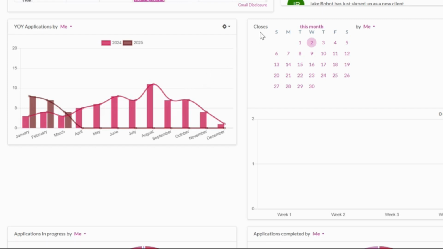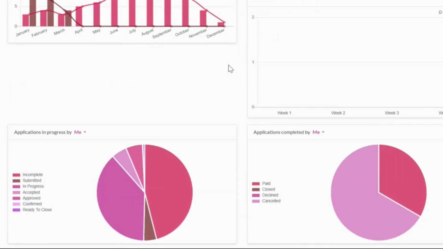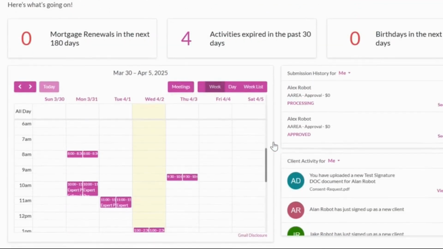You will be able to view your year-on-year applications, monthly closes, applications that are in progress, and applications that have been completed. At the top, you will find your dashboard calendar, which comes from syncing your email in personal settings. Watch our video on how you can sync your email address in Expert Pro so that you are able to